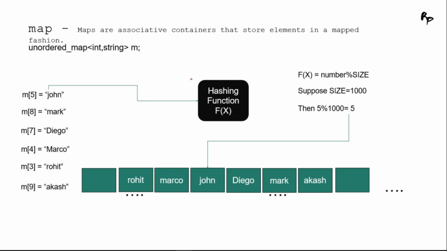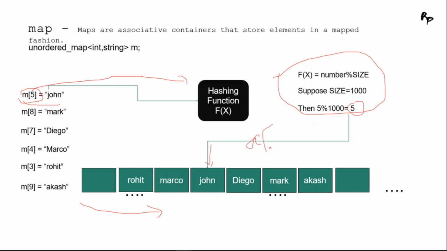So you may ask now how it works better than the map. Here's a small trick. Suppose you want to access this element John. So you access m of 5. Again it will go to this hashing function and this whole operation happens in constant time. So you'll get 5 and you directly access the array at 5. You don't need to traverse the whole array. You just do a of 5 and you will get this name John directly. So you don't need to traverse as we did in the binary search tree in the previous video, where we traverse from the top and go to the certain element we want. There it was taking log n time, that was the height,